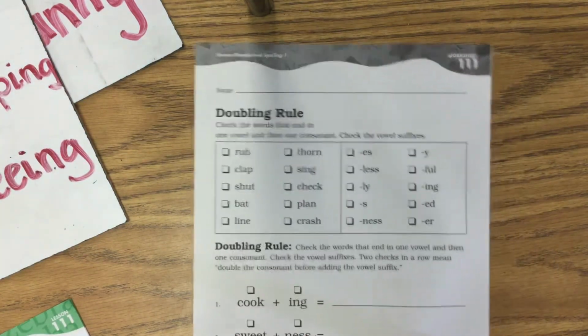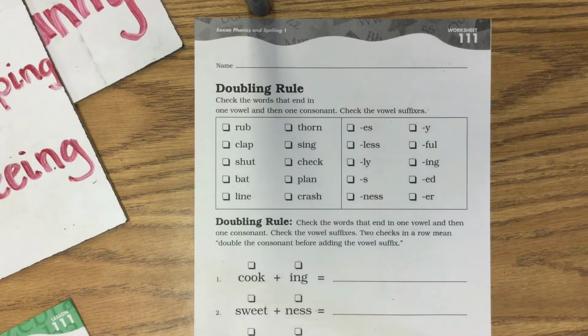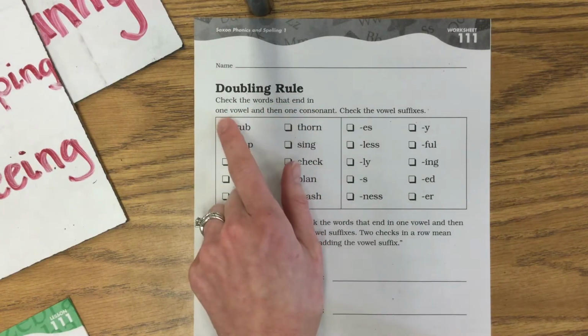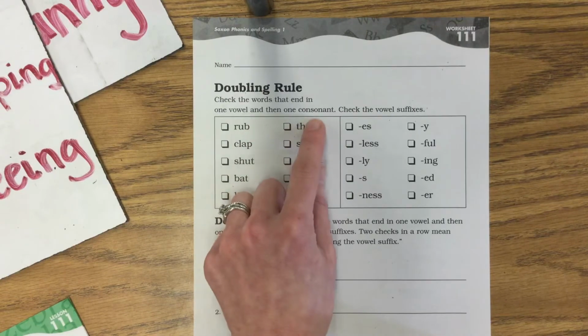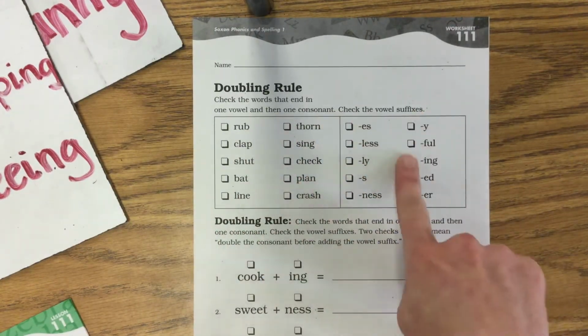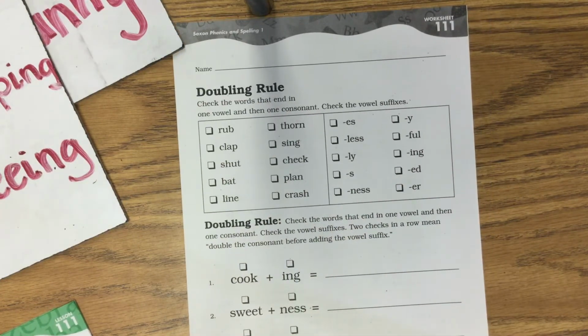So get out your worksheet, 111. All right, so when we look at this, we have the rule repeated for us again, and it says doubling rule. Check the words that end in one vowel and then one consonant. So here's all of our root words. Then check the vowel suffixes. So we're going to go through and we're going to look at each word. We're going to decide, does it end in a vowel consonant, and then is it a vowel suffix? So the first one we're going to look at,